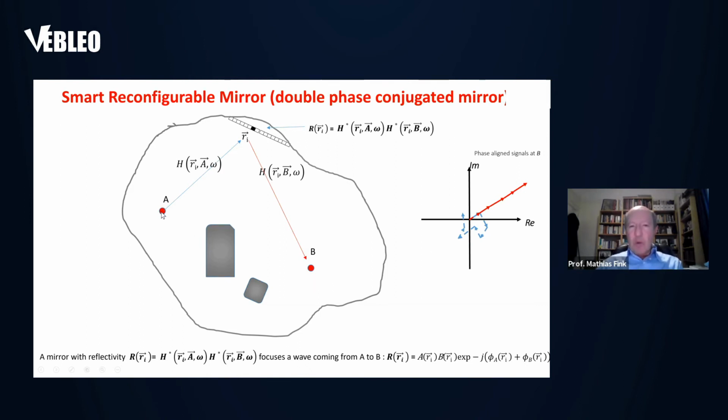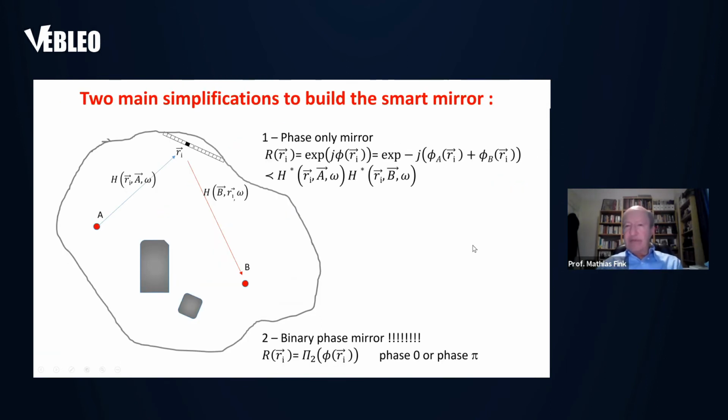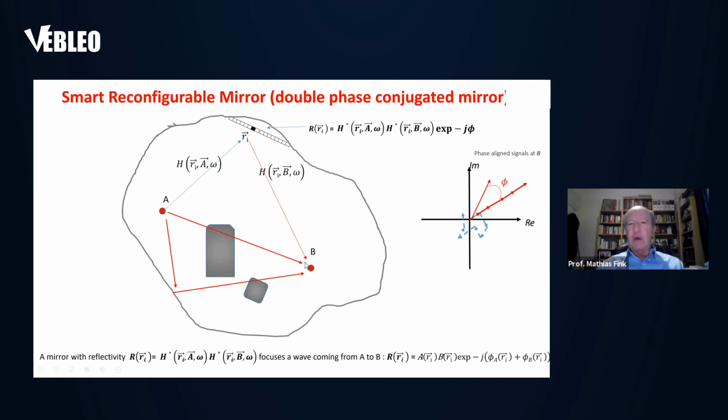But you have also what comes directly from A to B through the obstacle without going through this mirror. And it is another vector. And now, if you want to perfectly match these two vectors, you have to add a phase shift, the same for all these elements. And if you do this, this will give you a big signal on point B. Now in this room, you have made a perfect connection between A and B to send a flow of data.